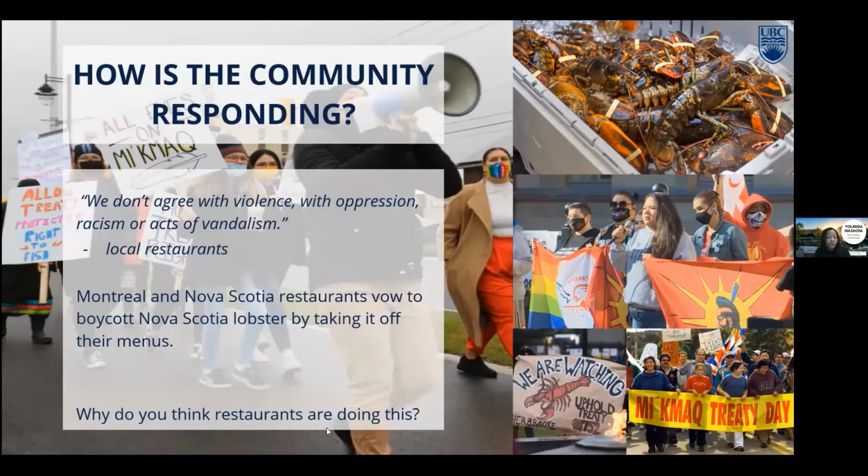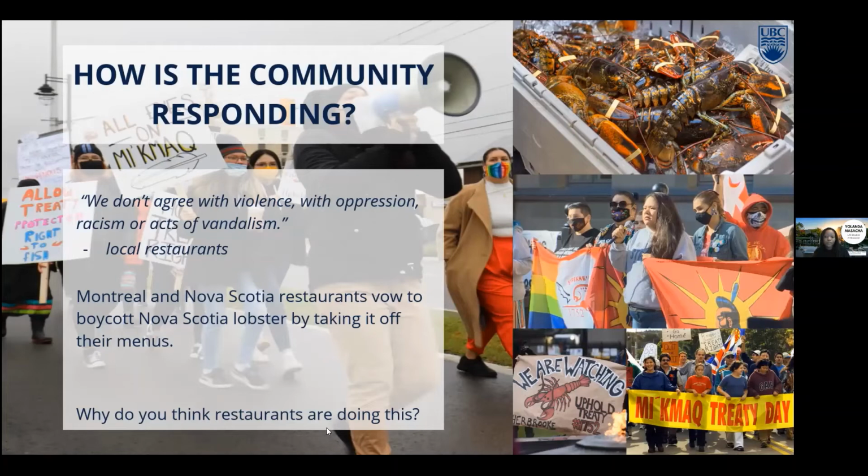And a quote from a local restaurant owner reads, "We don't agree with violence, with oppression, racism, or acts of vandalism." The lobster boycott was their way of taking a stand and pushing the conversation and applying pressure to the groups involved to find a solution towards this